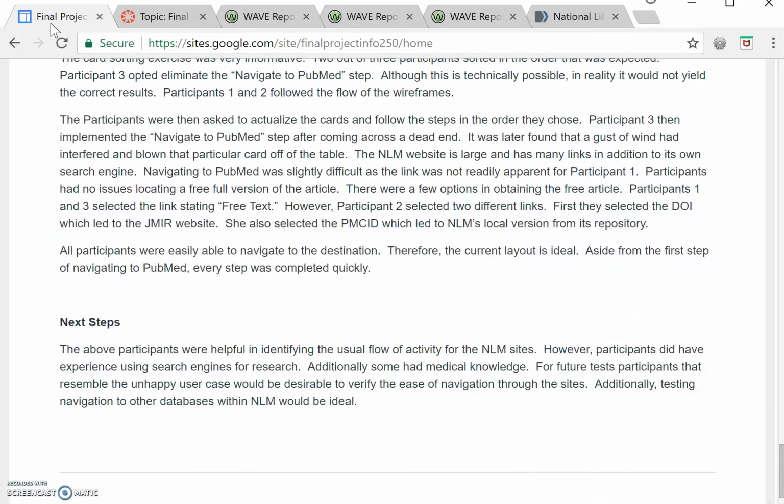In conclusion, so far usability tests have found that NLM's website and the PubMed website, which is NLM's, have a good flow, and they are easy to navigate